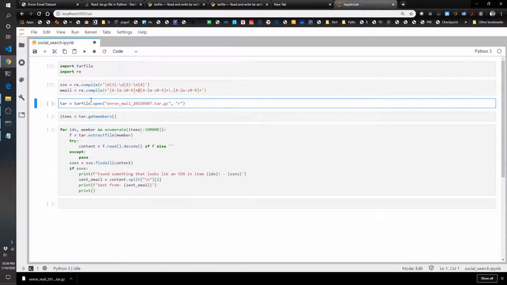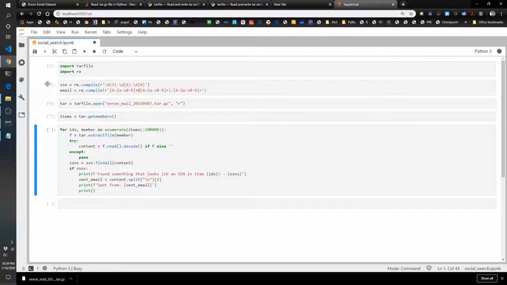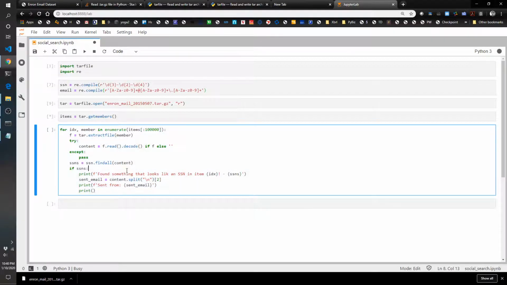So I'm going to open up the file. Oh, that was very quick. Huh. Let's see if that's okay. Oh, this is the one that takes a little while. Items equals tar.getMembers. So this is going to take probably about a minute. It's not too bad. And then I'll explain what this code here does, and then I'll run it once this